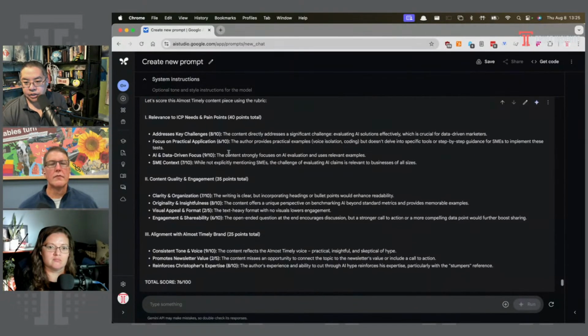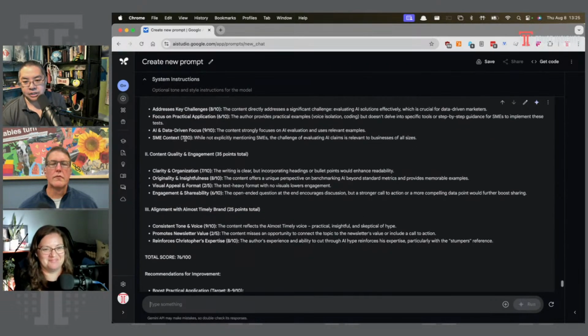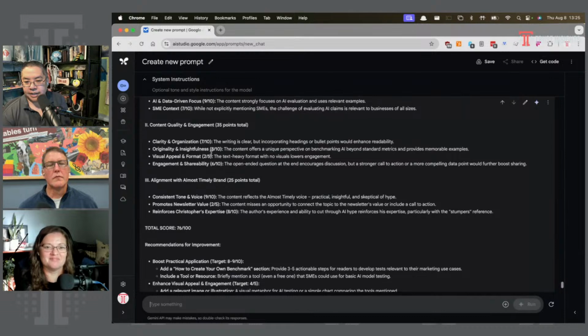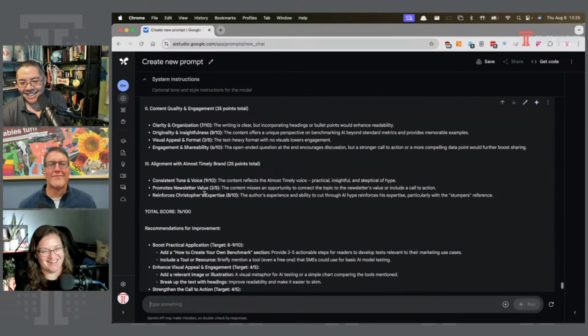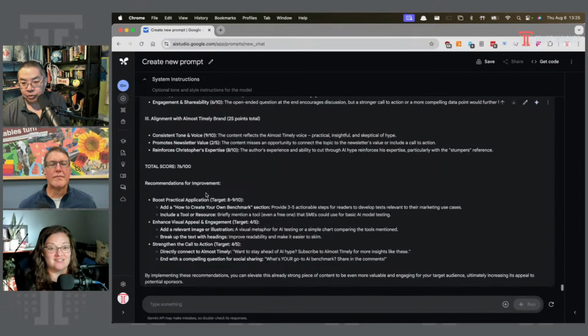8 out of 10 on addresses key challenges, 6 out of 10 on practical applications, 9 out of 10 on AI focus, 7 out of 10 on context, 7 out of 10 on clarity, visual appeal, promotes newsletter value, very low, and so on and so forth. So boost practical application, how to create your own benchmark, enhance visual appeal and engagement, of course, strengthen the call